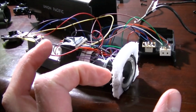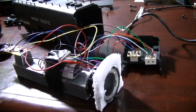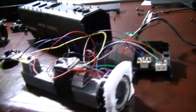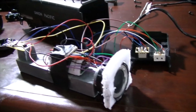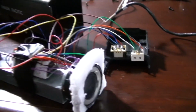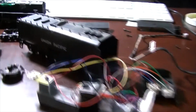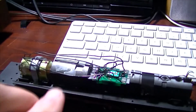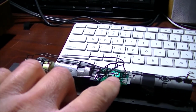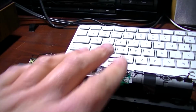There'll be about this much room in front of the speaker when it's all said and done, so it'll be a little bit muffled because of the front being put back on here, but we'll see how it works. I'm not sure. If this doesn't work, I may have to rethink this a little bit, because one of the other options that I wanted to do was to run a little speaker right up in here, just set it right on top of here, something small that'll fit under the cover right here,